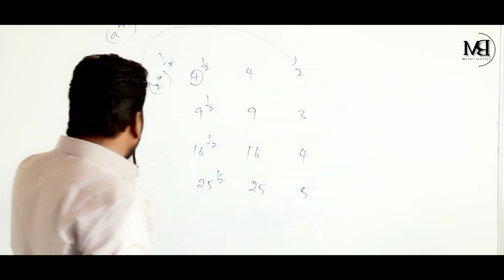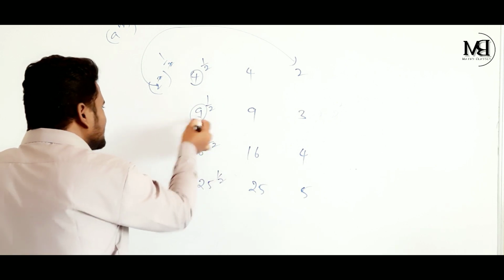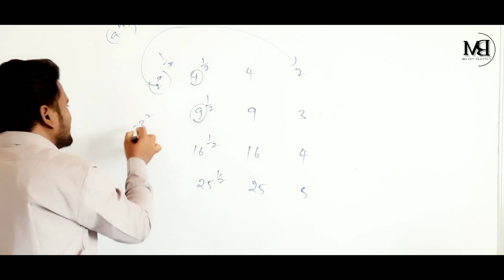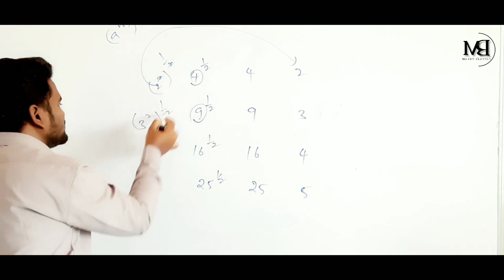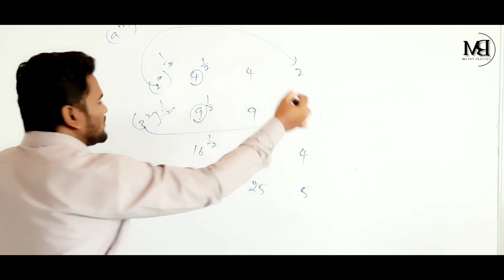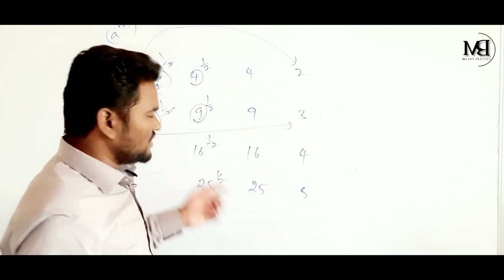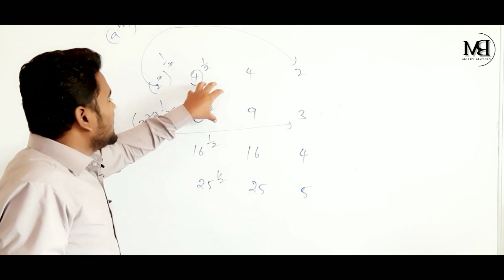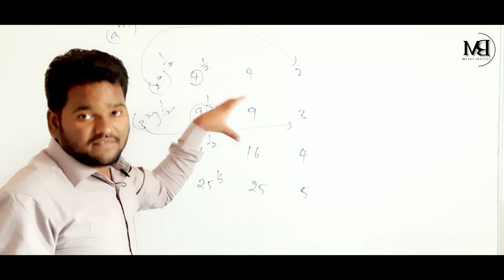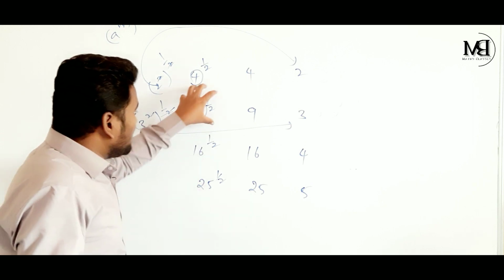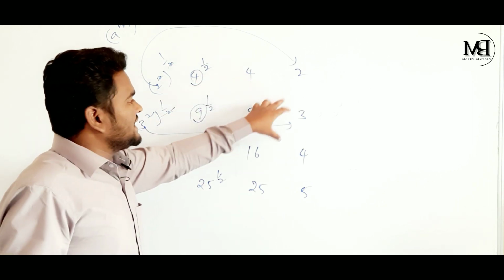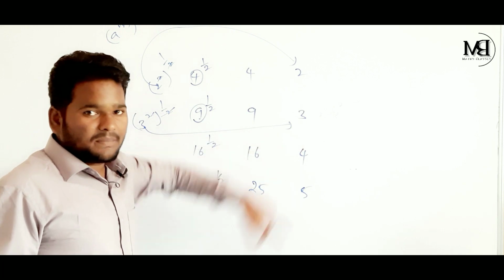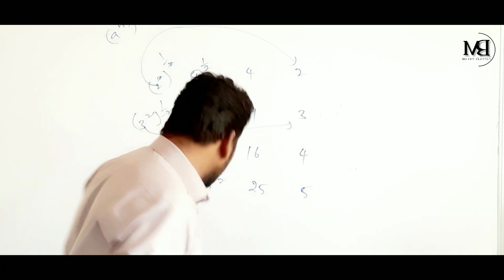Let's see one more, my dear children. Here 9 is there. This 9 can be written as 3 power of 2, and all power of 1 by 2. Here 2 gets cancelled, you are going to get 3. Okay, that's so nice. You have understood what the process is. You must apply the power 1 by 2. When you are applying power 1 by 2, you are getting these answers. Got my point? Now, let's go for this one.